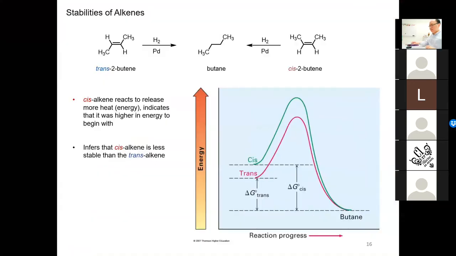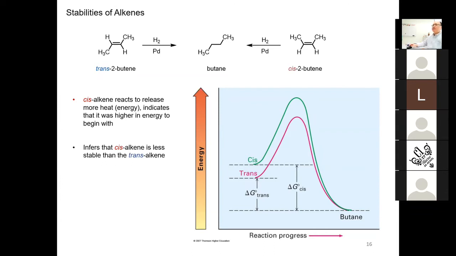Talk about the stabilities of alkenes. So when you consider, because we just learned that the alkenes can have cis or trans, or in a more complex system E or Z, right? So different diastereomers of alkenes. Just as when we talked about the conformers of ethane, we said they have consequences in energy, the cis-trans or E/Z isomerism of the alkenes also has